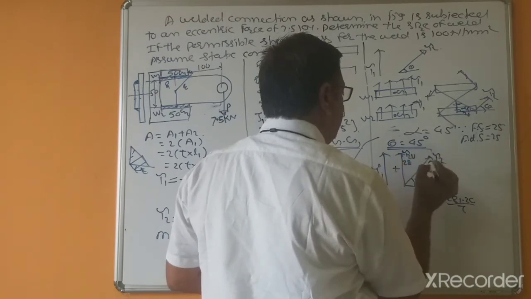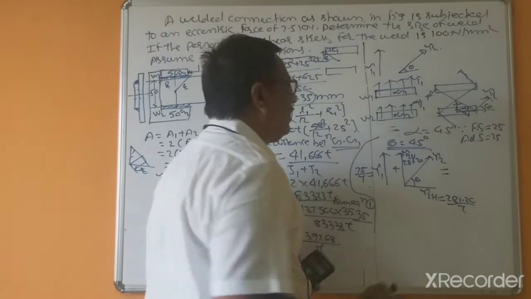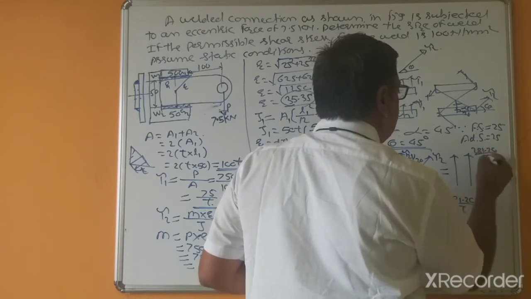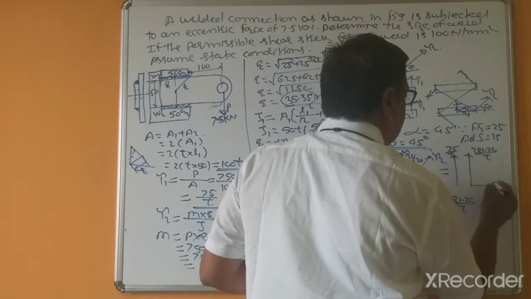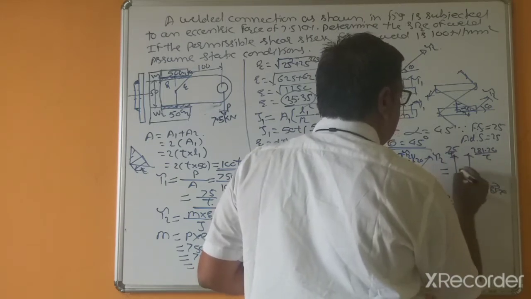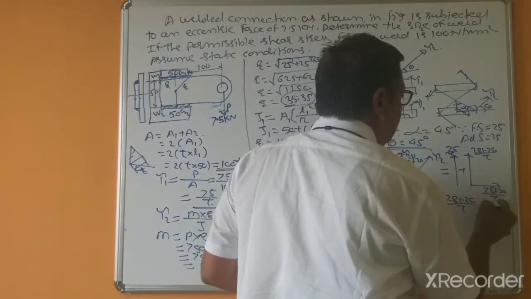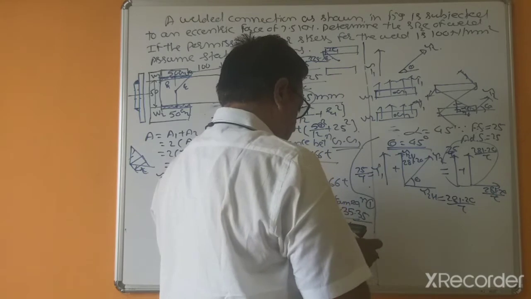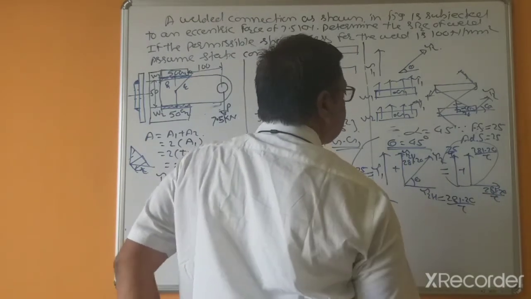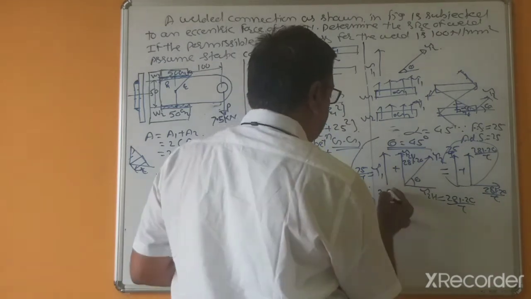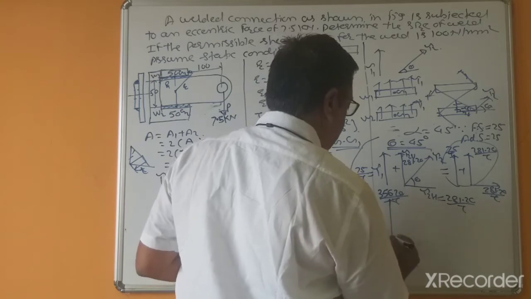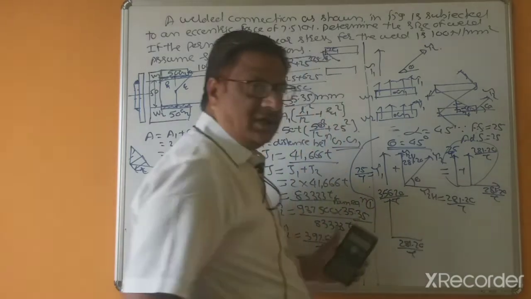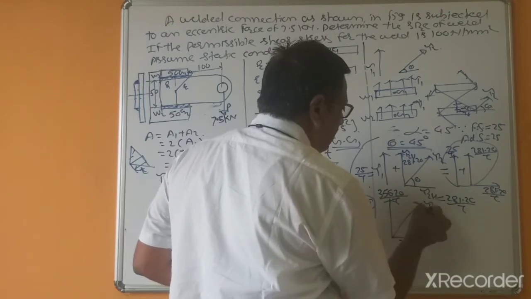This is also equal to 281.20. That's why I draw this as 281.20 divided by T, and this is 75 divided by T, and this is 281.20, for understanding purposes, divided by T. Now this sum equals 356.20 divided by T, and the horizontal remains the same, 281.20 divided by T. Now calculate the resultant shear stress.